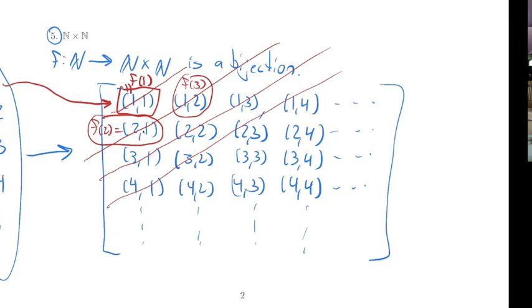So I'm just going to say, this is the first one, this is the second one, that's the third one. 4, 5, 6, 7, 8, 9, 10, 11, and so on. I don't have an explicit formula that says take 1 and map it to this, but I can show that one exists. If I do this process, I will be able to account for every single ordered pair in N cross N.